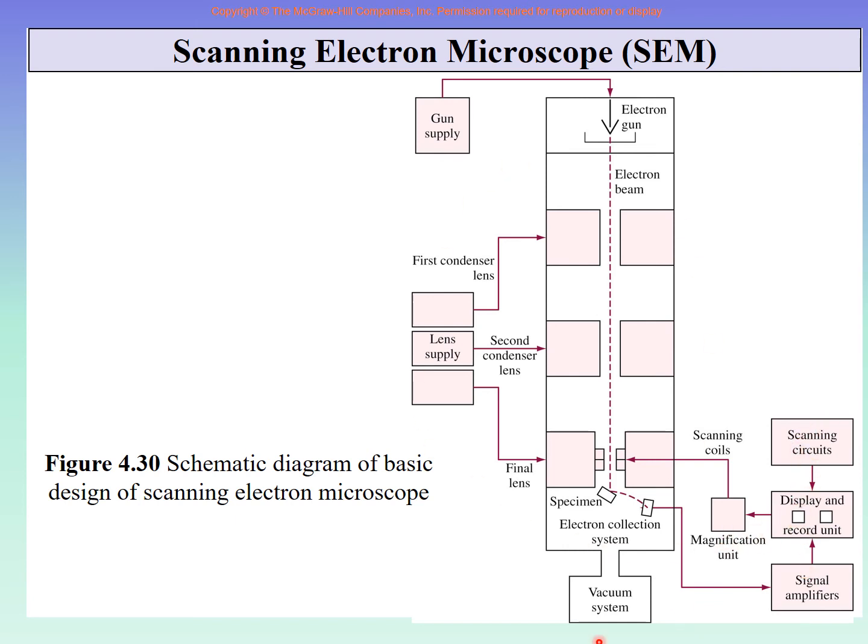So this whole thing, and there is a vacuum system, there is a cooling system, there is an electron gun system. This is a very costly system, but after everything happens, it goes to our system of magnification and so on, and here you can see it, and of course you can take hundreds of different pictures at different things and so on. So this is the scanning electron microscope.